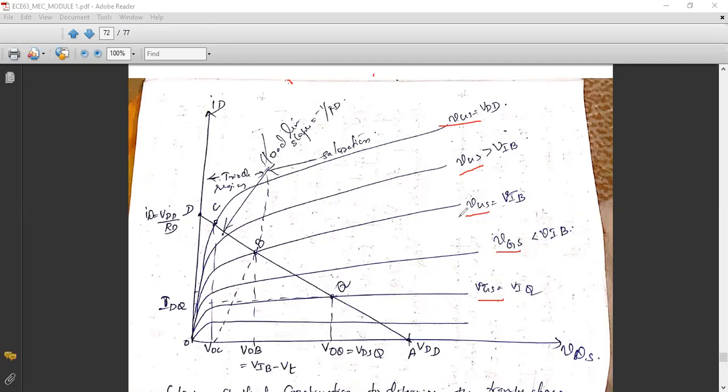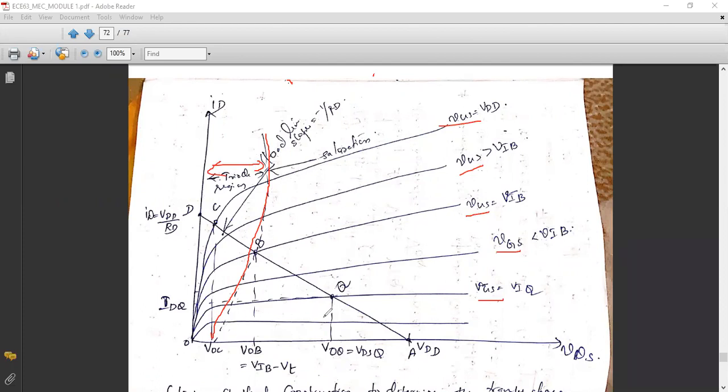Now before that, you should know that there are two regions of operation, as you know earlier, that is the triode region and the saturation region. Already we have explained this in the working of your MOSFET, right? Now you can see this is the triode region part. This region is called the triode region. After that, we are having the saturation region.